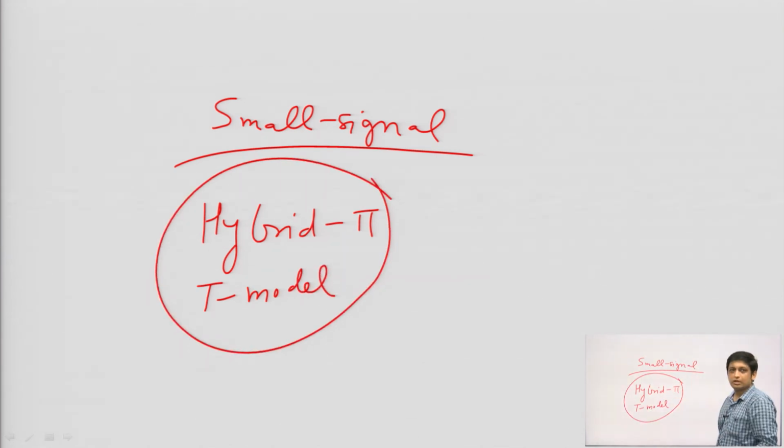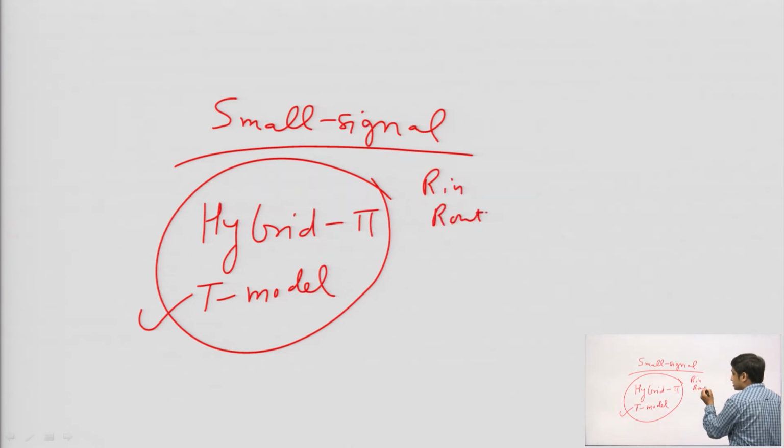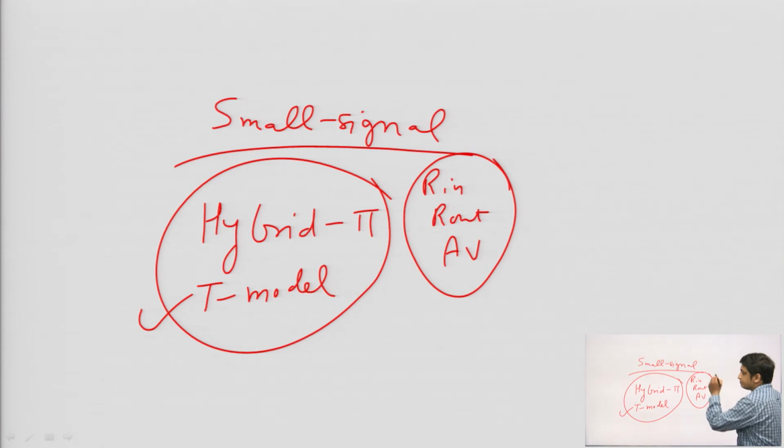upon the situation. If there is a resistance connected at the emitter terminal, it is easier to draw the T model. And why do we need to draw these models? We draw these models to calculate the different parameters of that amplifier, like input resistance, output resistance, voltage gain, etc. So, we need to understand these models very carefully. Although after practicing many circuits, you can directly perform the small signal analysis on the circuits.